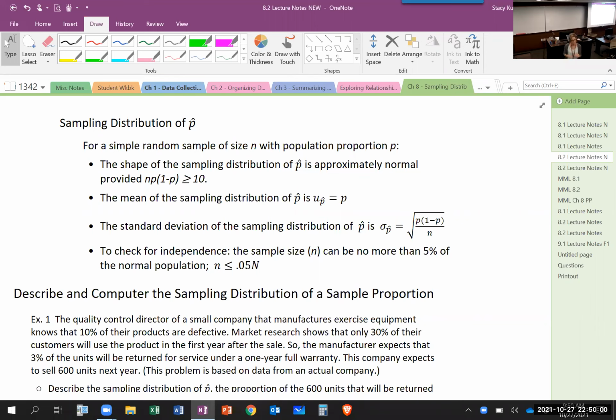All right. So on a mean, that's our central limit theorem evoker right there. That's the number. In a proportion, we still have to have something similar, but that's what np times 1 minus p has to do with, all right? It's still the same concept. If you check that your sample size times your proportion of successes times the proportion of failures is greater than or equal to 10, then you have the same concept that we are going to end up with a normally